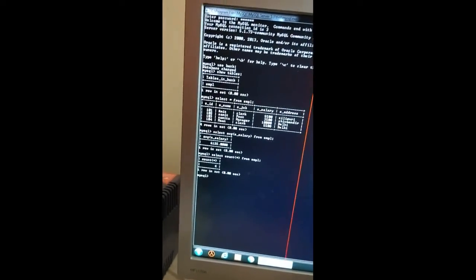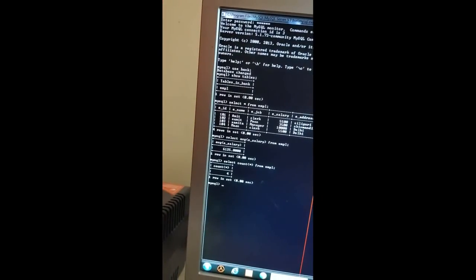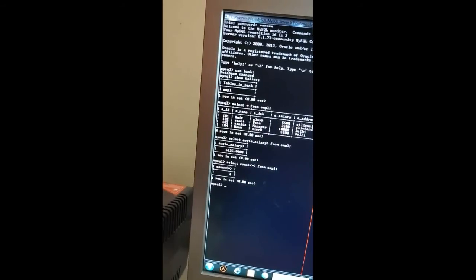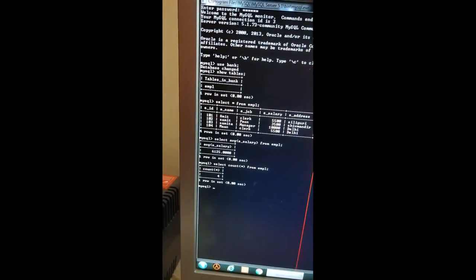It simply shows 4. Try to map this with the last class examples. Total, how many records are here? 1, 2, 3, 4, total 4 records. So it is displaying 4.